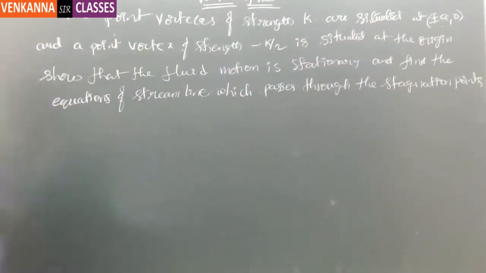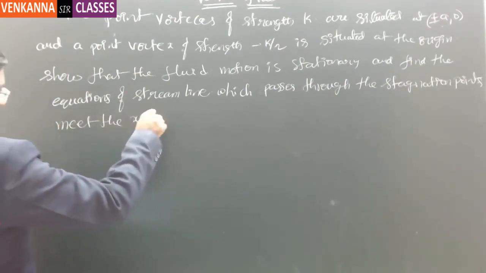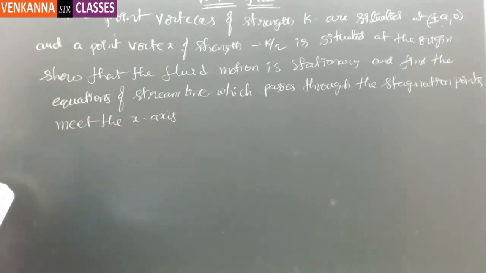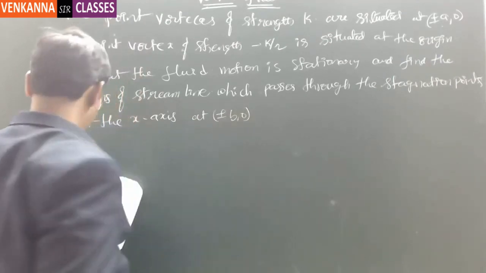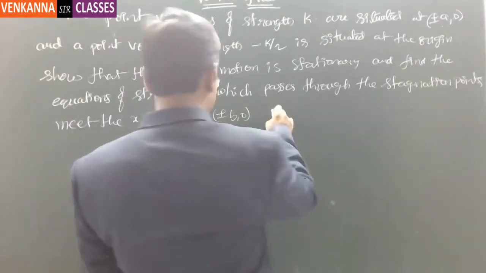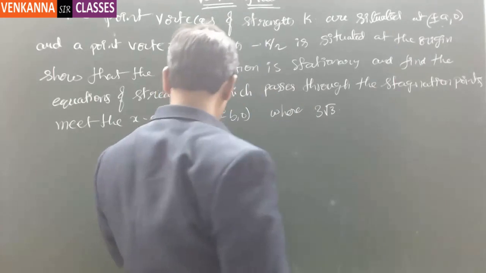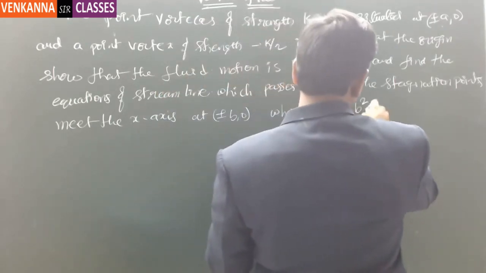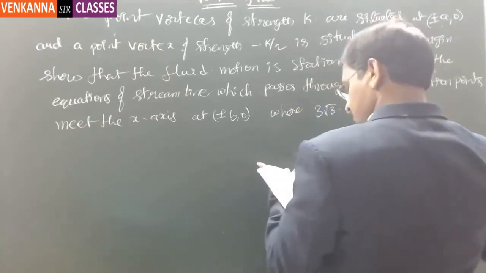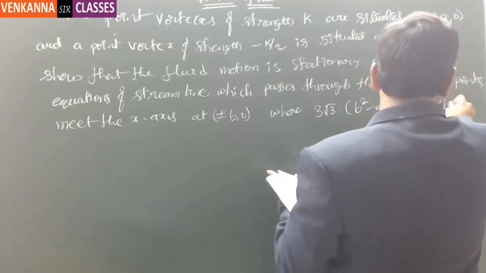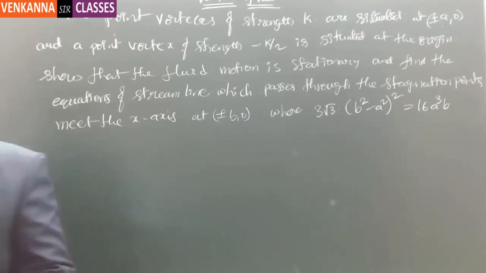Points meet the x-axis at plus or minus b comma 0, where 3 root 3 into (b square minus a square) whole square is equal to 16 a cube b. So this is the problem statement. Just read the problem statement carefully